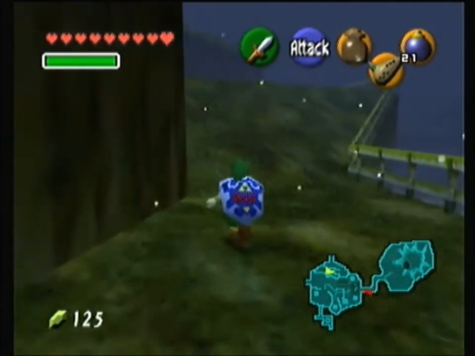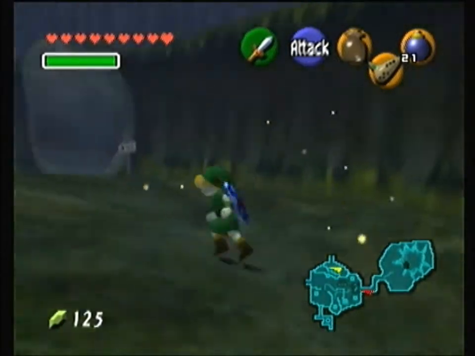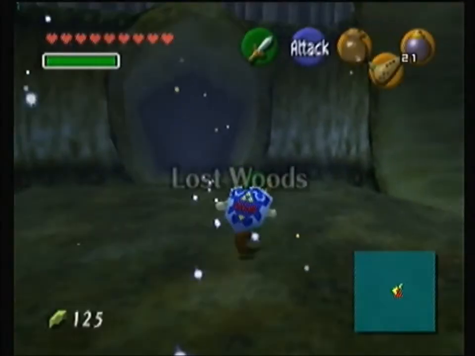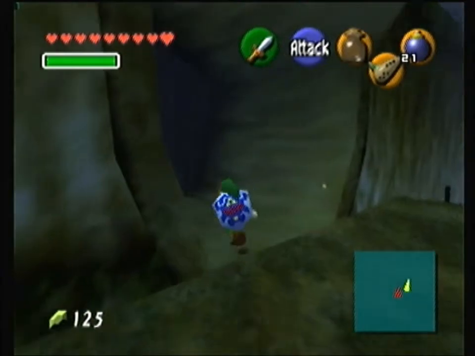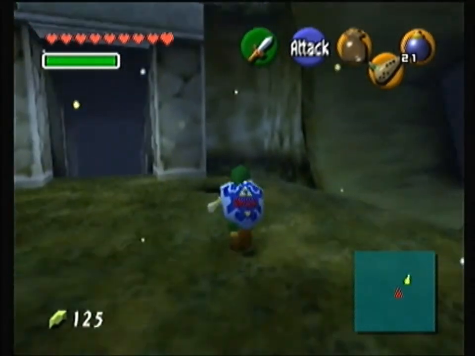So what I want to do is go into the Lost Woods, because that's the closest place I know that has bugs that I can catch in a bottle. Shut up, Navi. Every time I'm about to transition, you try to get my attention, and it ain't working. Well, it is working, I'm just not answering. So, I believe the closest place we can get bugs is in this area. And you just gotta get rid of a few...